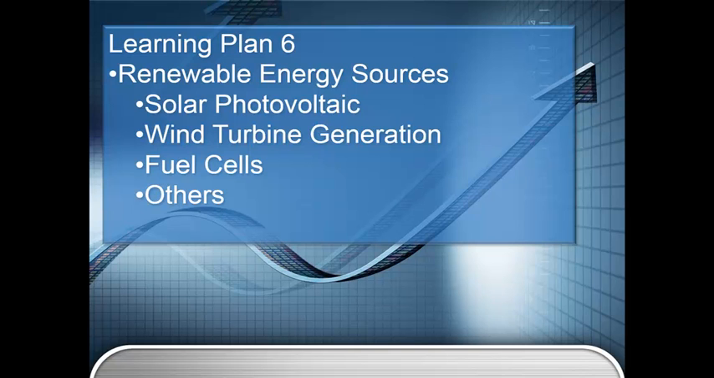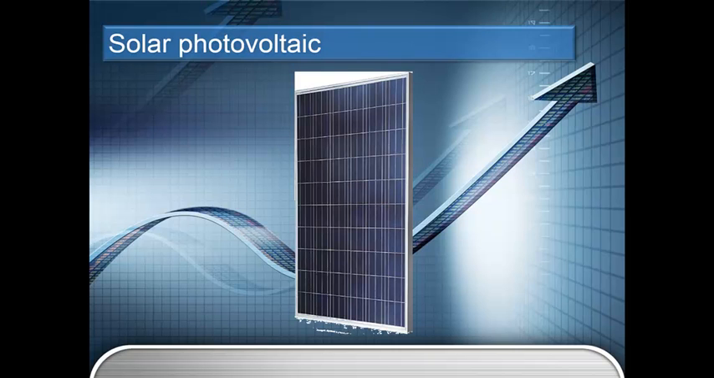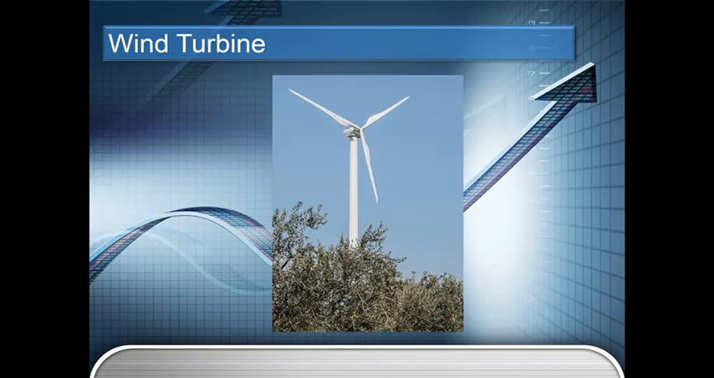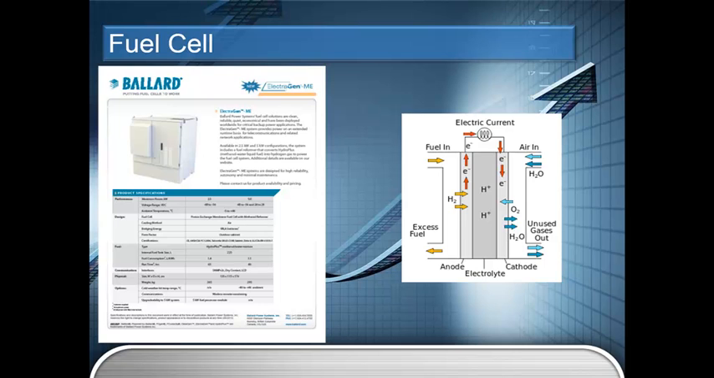So, Learning Plan 6 is a two-part learning plan. First of all, we're going to talk a little about solar photovoltaics, solar panels and inverters, and ways that the sun can produce energy for us. We're also going to talk about wind turbines and wind generation, and some of the ways that that can be utilized, and some of its efficiencies and inefficiencies. And then, as I said, we're going to talk a little bit about fuel cells,